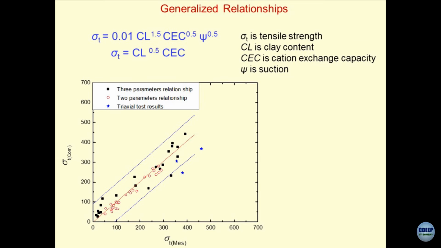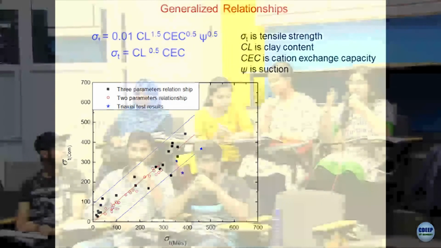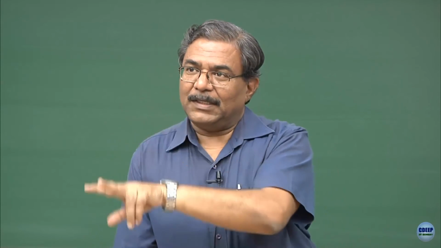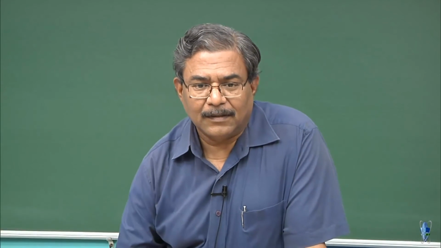No sir, I didn't understand. For a particular sigma t with respect to the y axis you got a value. Forget sigma t, that is what I am saying. For the given soil I have 2 values of sigma t, one which I get from computation and one which I get from triaxial. I am plotting column number 2 and 3 for the same soil, that is it. Then the stars won't be there, right? Which one? The star marked 3 tests triaxial.